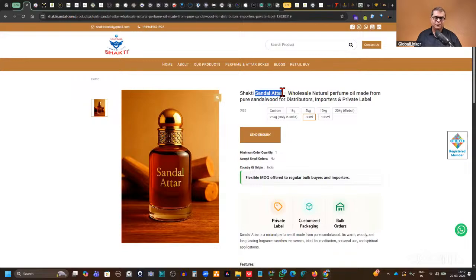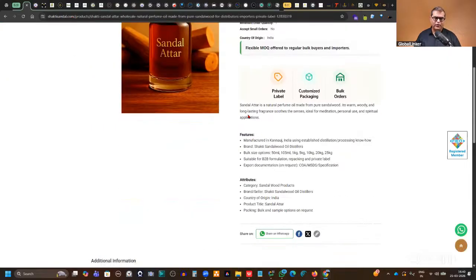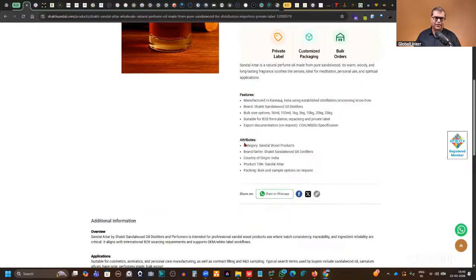But here, intent is also important, because AI has to understand what is the intent, because this product has numerous uses and intention. So that's where it is available for wholesale, private labeling, importers, etc. We do all that. And then coming down below here, this is where you'll see the entire product content is